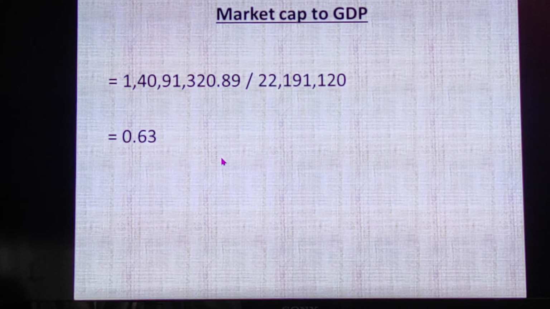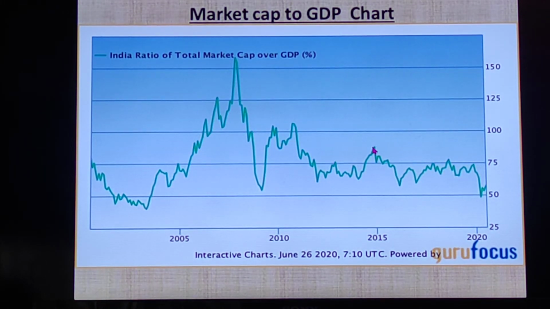As we know, we cannot use one data point from one day to make any decision on investment. We have to see how this data has moved in the past, especially for at least 10 years. I have taken this chart from the gurufocus.com website. As per this chart, the market cap to GDP of our country has moved from 45 to above 150. During the boom period of 2008, this data crossed 150, and in the bear market of the global financial crisis during 2009, it fell as low as 52 or 53.